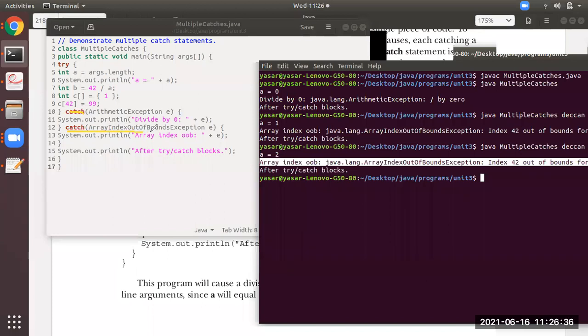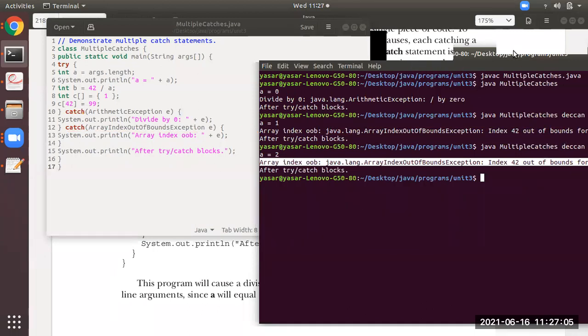It will check what the error thrown from the 9th line is. It is index out of bound, that also with an array. So that is matched with this catch now, and this catch will catch it. The 13th line will give you the output. You can see here, this is the message: Array index OOB, and after that whatever is there is due to this E. Okay, java.lang.ArrayIndexOutOfBoundsException. I hope you all have understood, students.